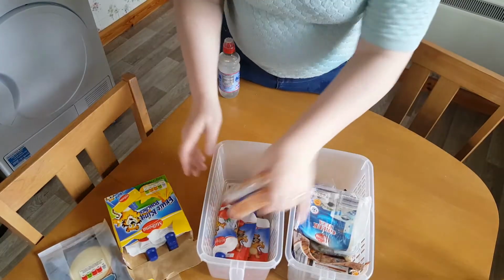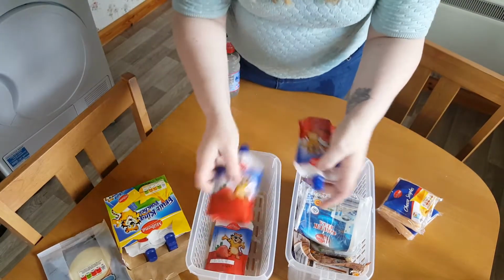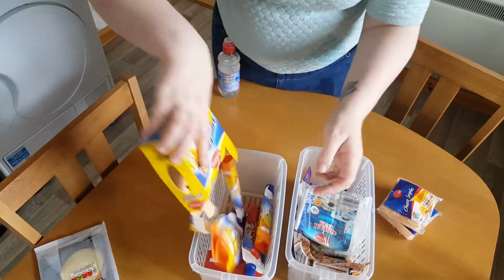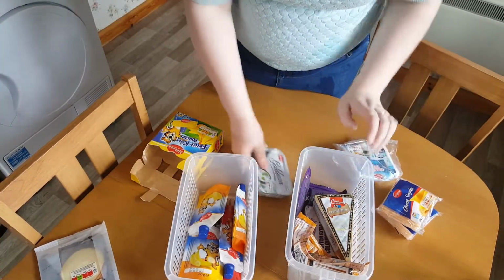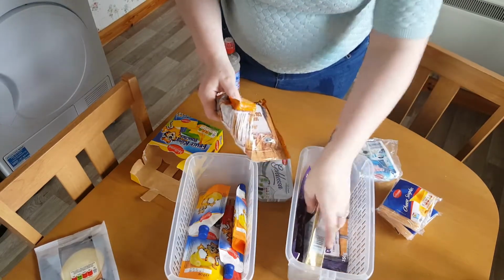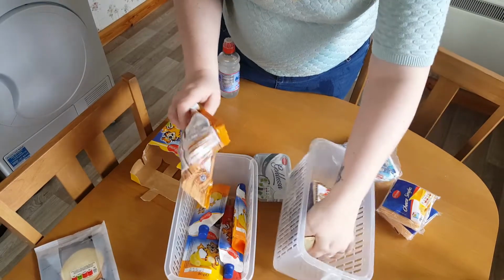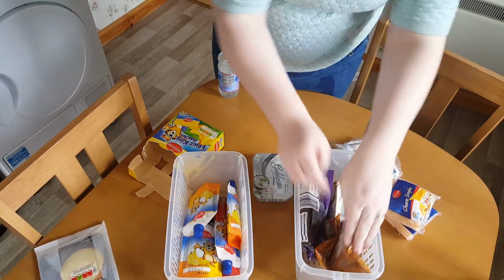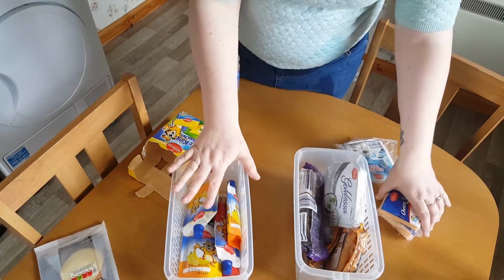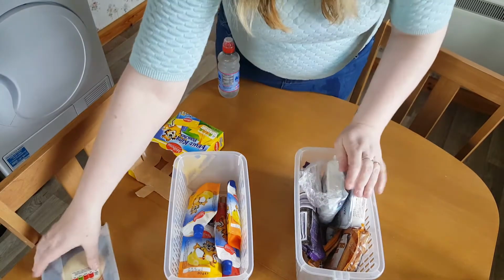So another handy thing I've got here is these baskets. These hold yogurts for the kids, these ones are my girls, and cheeses. So I've got all the different kinds of cheeses that we like in this one, and the yogurts in that one, because I think those yogurts go about the place in the fridge, but I would like to find somewhere else for them because they're actually not reachable when they're at the top. So these will go in here,